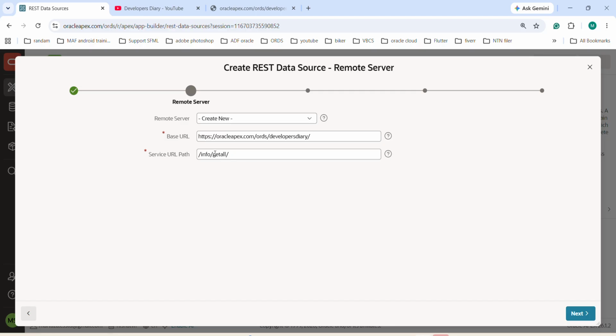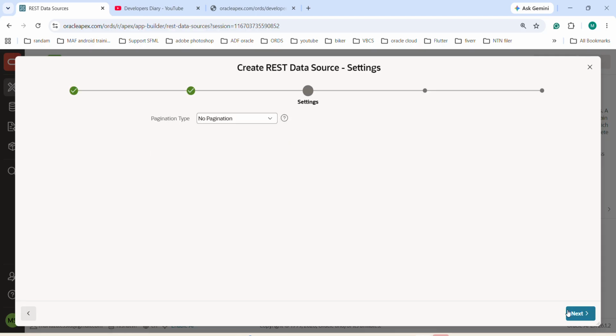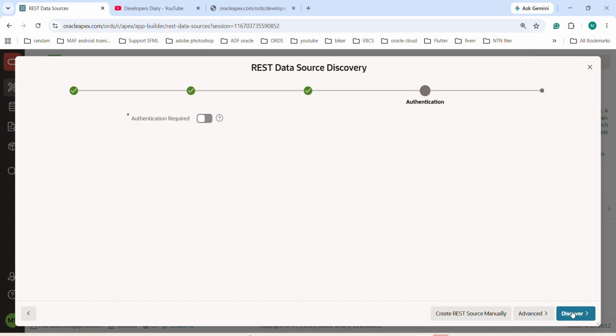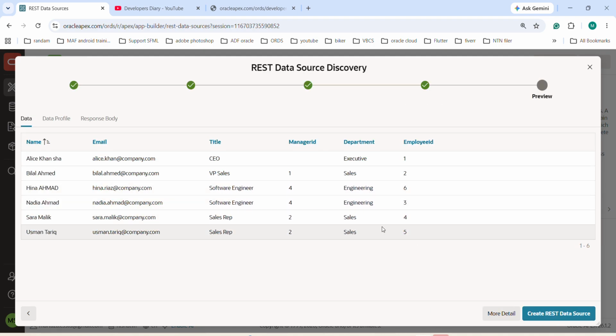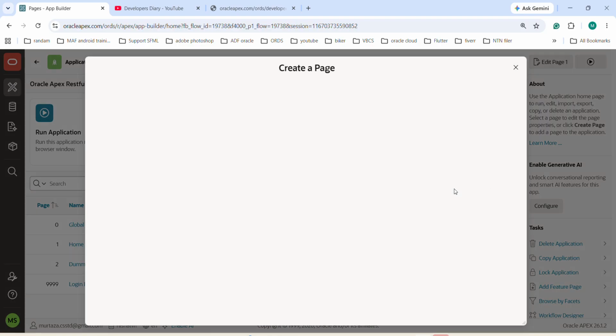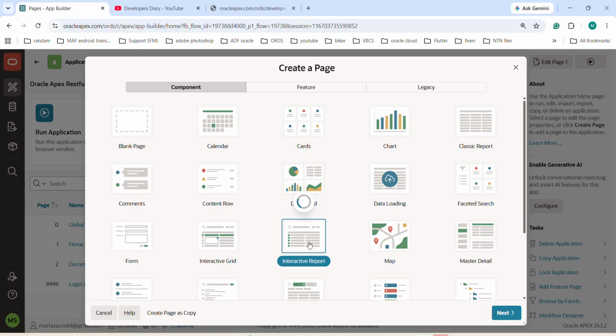You can see that the base URL and the service URL path automatically separated. Then click next. Currently we are going by default options and discover the API. So this is the data that we shall get into our REST API. So this is the data source that we are going to use in our application. So click create. This time we are going to create interactive report,